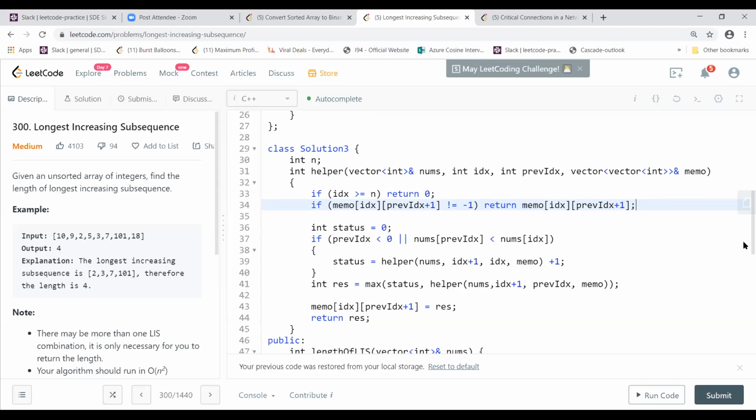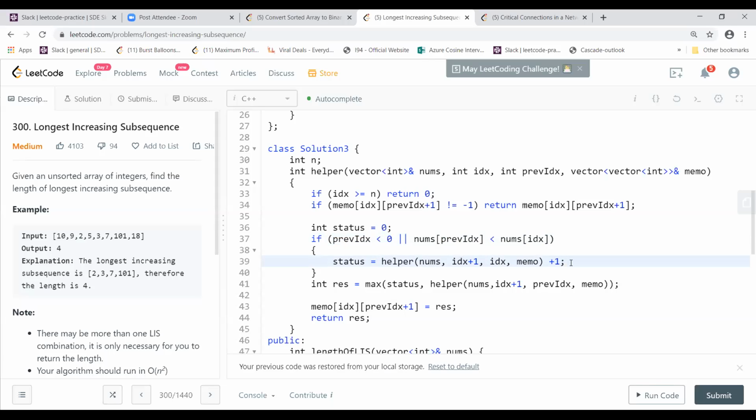Yeah, so this is the top-down version. You just have two helper functions. So if the previous index is -1, then you're going to go there. Here I'm checking the same thing. So the previous index and the same index are going to be 0, I mean, when you go into the if statement, right? So here I'm just checking if it is lesser than 0, and then I'm checking for this condition. And then only I'm going into this helper function, incrementing the indexes.